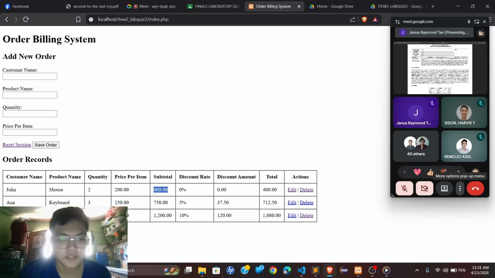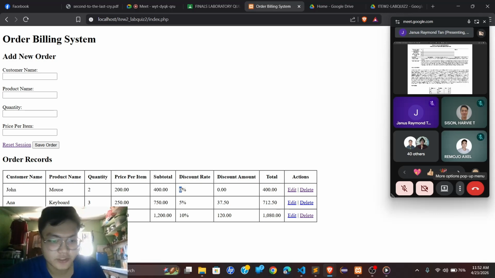So to get the subtotal, we multiply the quantity to the price per item. So for example, for John, for his subtotal, he has 400 because we multiplied 2 for the quantity and 200 for the price per item. That's why we get 400 for the subtotal.